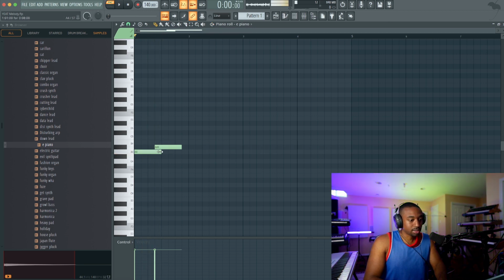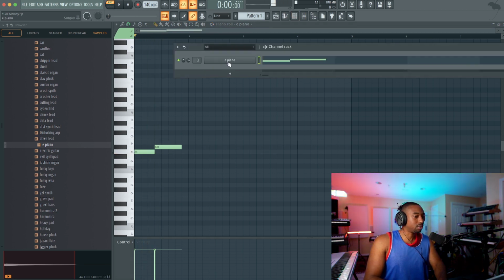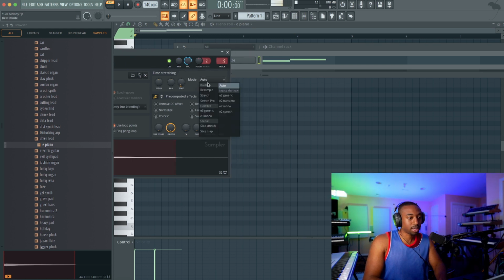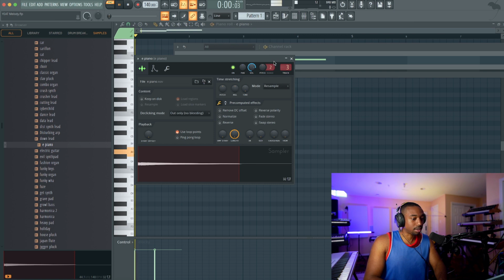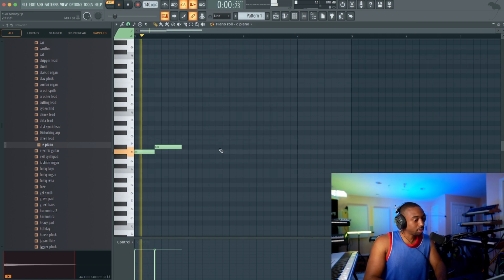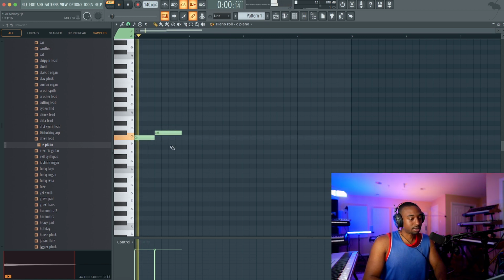Okay, and notice this sound hits, but it doesn't play the tone. So click here in FL Studio, take it off of auto mode, go to resample and right click and go to none for the time. And take off loop mode unless you need it to loop or you don't need it to loop. Okay, so we're going to write in C because